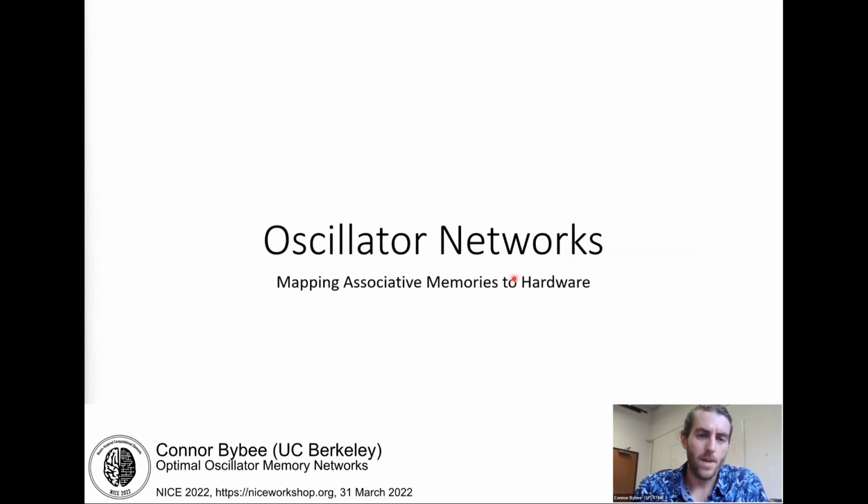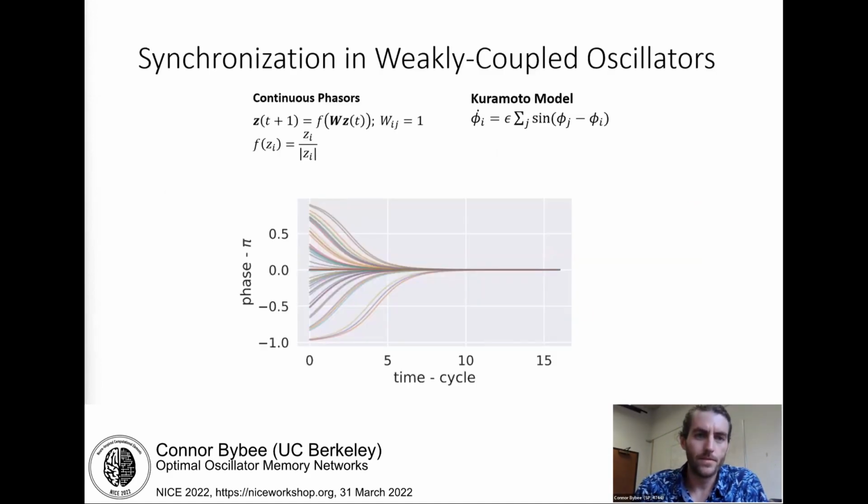So we may want to map these Q-state phasor associative memories to neuromorphic hardware. So we'll examine oscillator networks. It's not exactly clear how to map these Q-state phasors when Q is greater than 2. It's possible to map discrete time, iterative update associative memory algorithms to continuous time dynamical systems, and oscillator networks are a natural choice. Many oscillator networks can be reduced to the Kuramoto model. This system is described by an oscillator with a fixed magnitude and a dynamic phase.